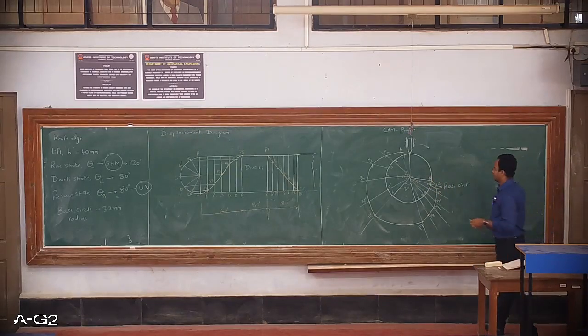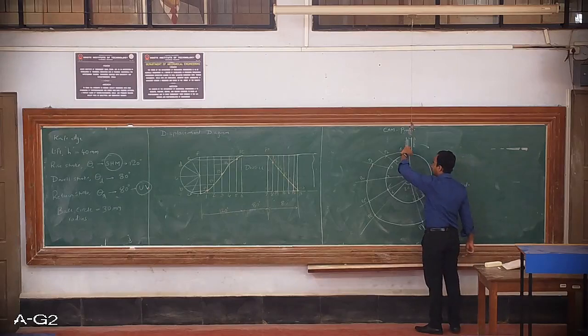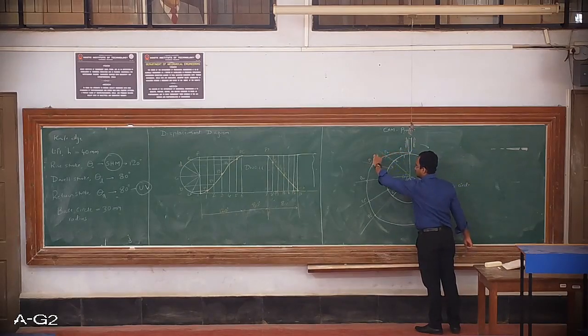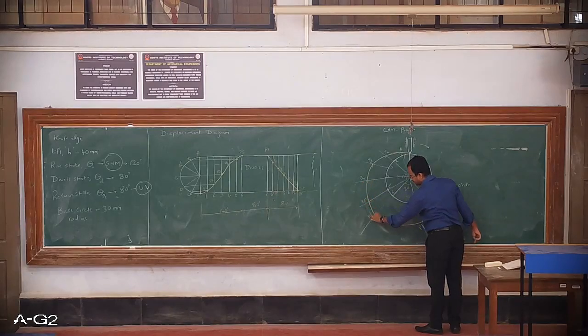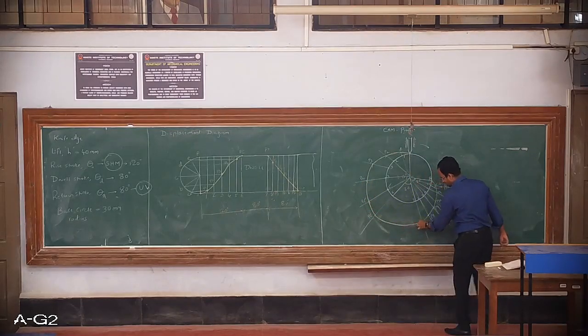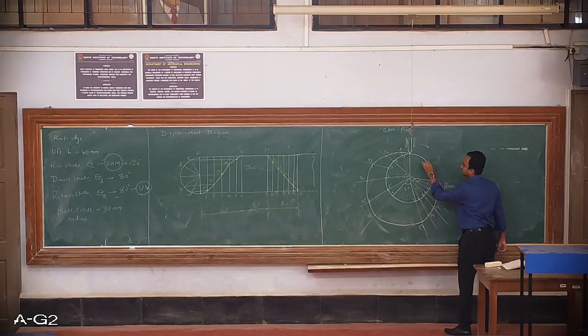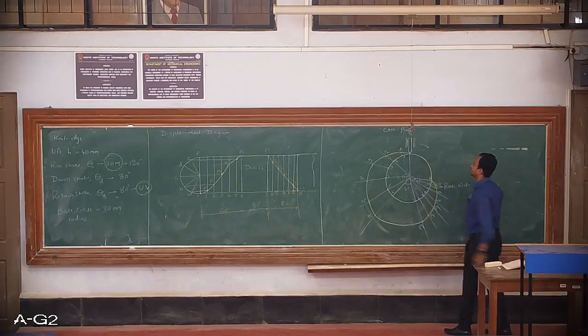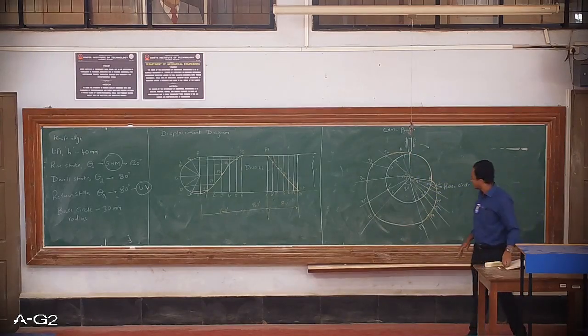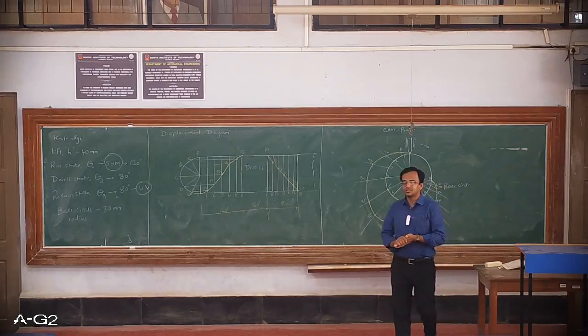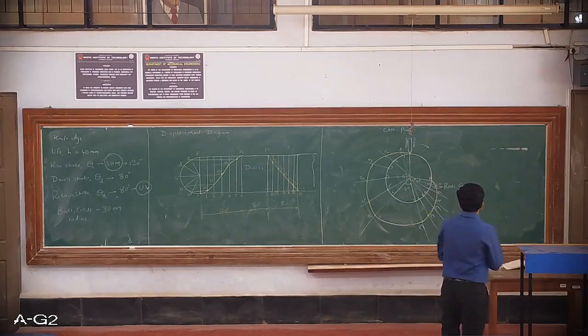Okay. So this orange line which I am drawing now is the main cam profile which we have obtained. It will come till here. From here there should be a smooth transition, and the remaining is a dwell. So this is the cam profile that we are supposed to obtain.